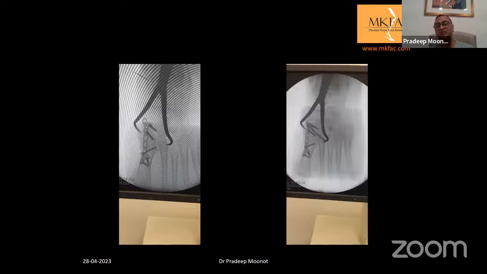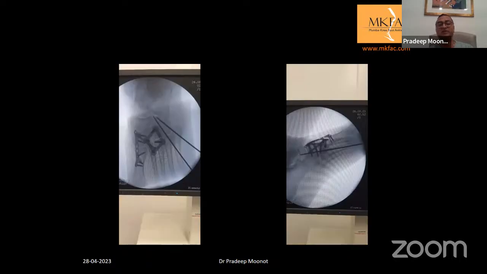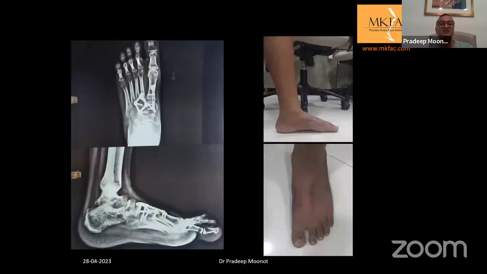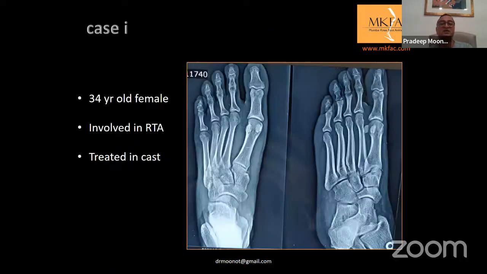Now coming back on the medial side, that's your Lisfranc reduced with a clamp, Lisfranc screw being put in. So I now know I've got an anatomical reduction of my Lisfranc, and then I put an X plate on the second and third, and on the lateral sides I have put in K-wires as well. And that's the result. She was actually just with me around half an hour back. She's doing quite well. So that's your final outcome with nice arch being maintained. All the wounds have healed quite well.